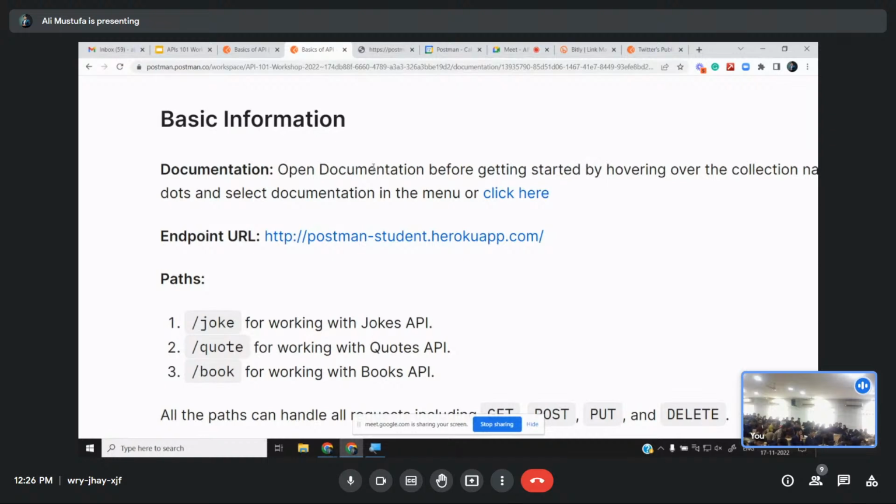Still loading? Yes, it will open a documentation, wait for some time. Actually, your mail is not working and you are not signed in.